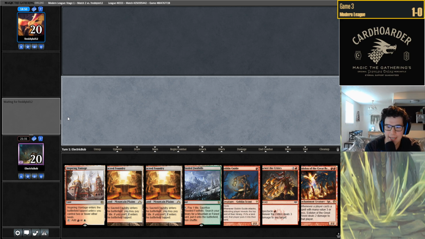Hopefully they have a slow hand where Eidolon just absolutely wins the game. Eidolon and Goblin Guide are going to probably be dealing upward of 6 damage each, which is why I'm keeping this hand. These cards are just like,